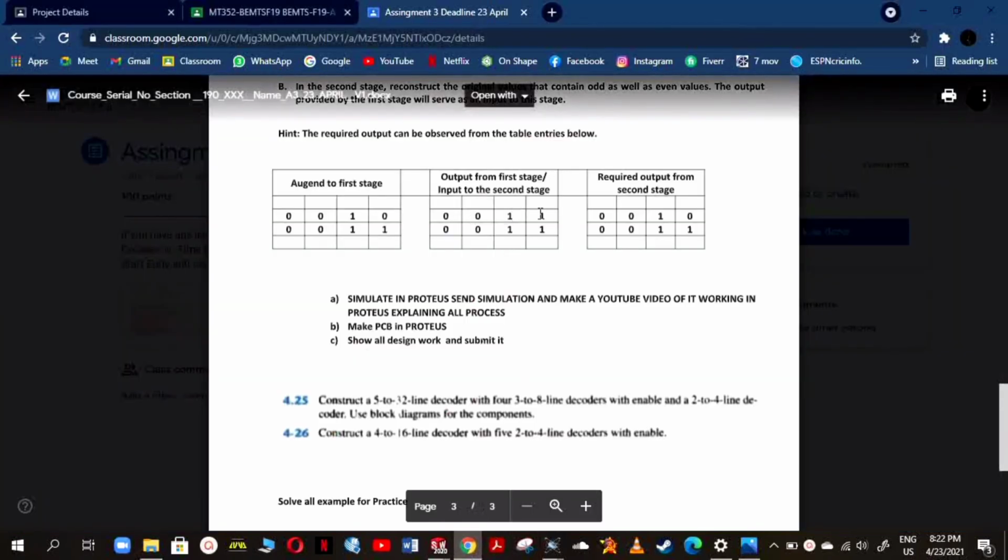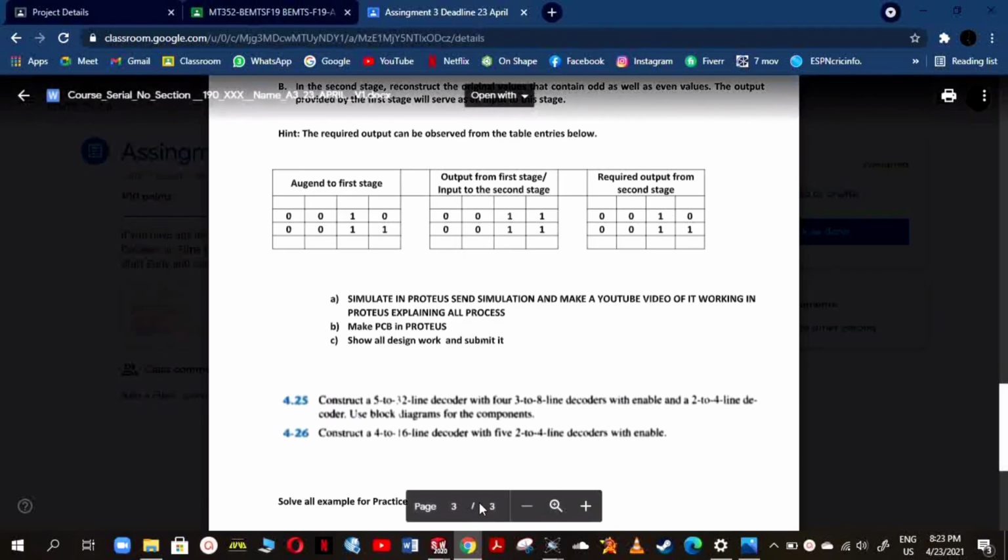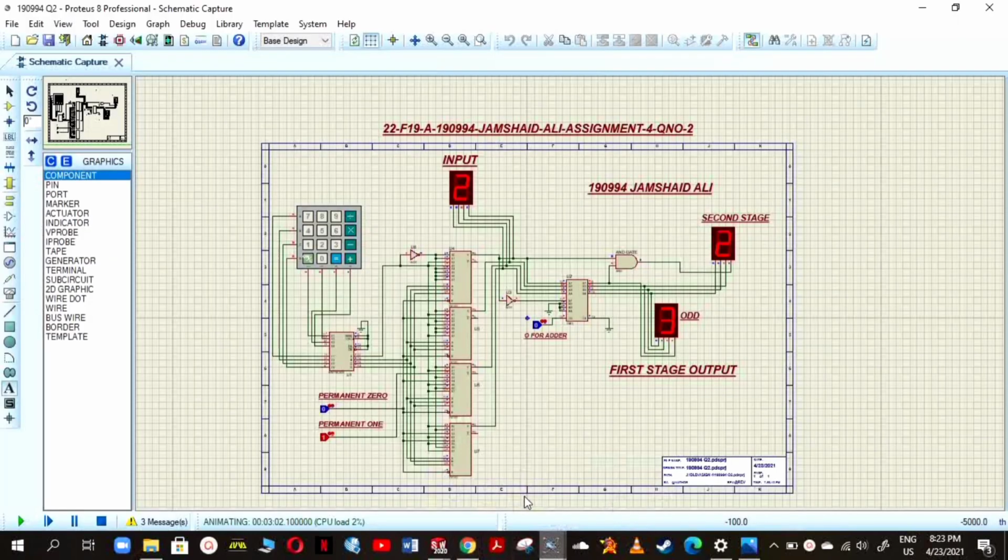If I apply 3 on input, it will display 3 on the first stage output and 3 on the second stage output. If I apply 2, it will again display 3 on the first stage and 2 on the second stage. If I apply 3, it will display 3 on the first stage and 3 on the second stage. So this is our basic circuit.